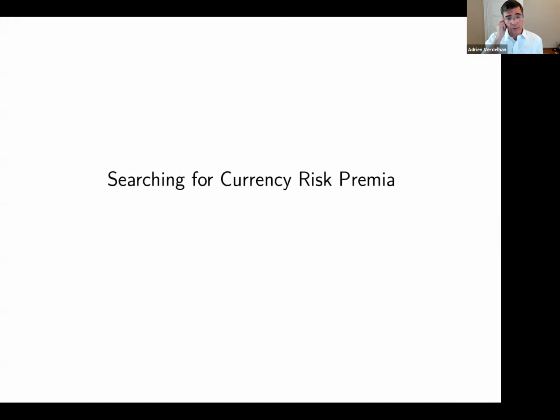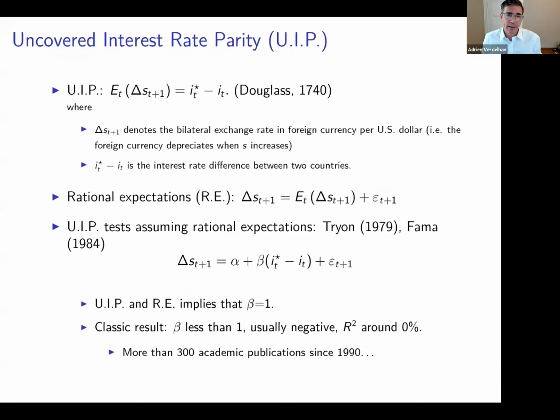And to do that, I need to just look at the data. So I'm going to now have a purely empirical part of this talk and show you a little bit of what we've learned on currency risk. The story on currency risk actually starts in Boston around 250 years ago with a pretty cool pamphlet written by this guy, Douglass, a doctor, and it's a big mistake. I'll tell you that story another day.